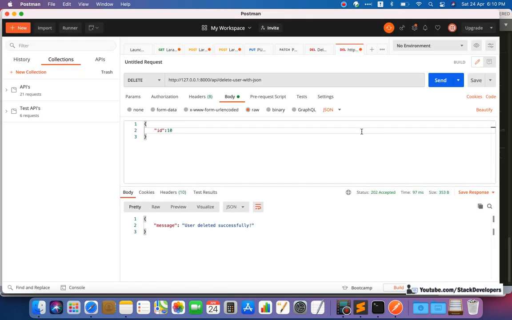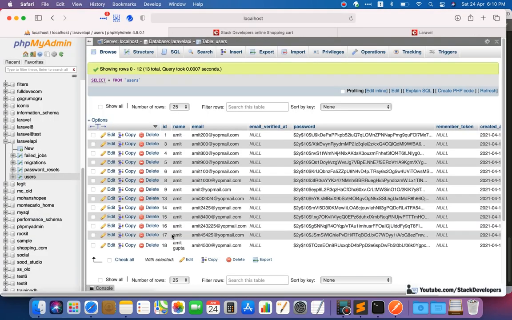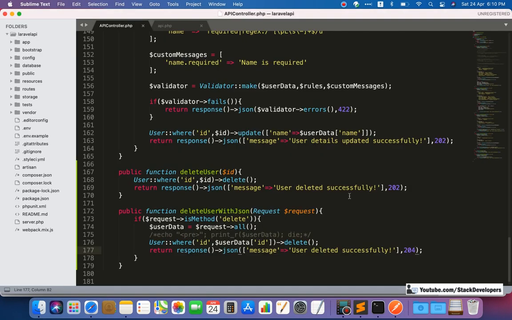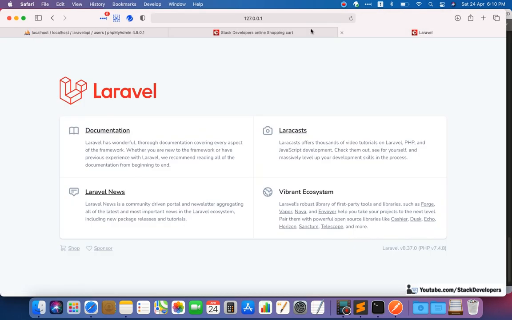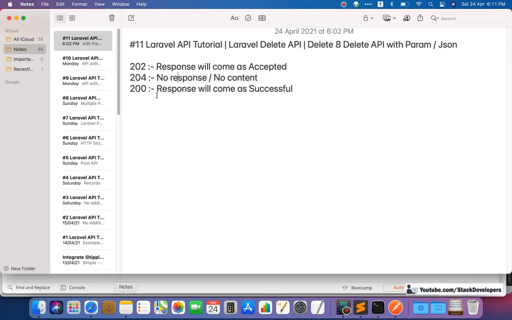The 204 status code will show no content at all. Now I'm going to pass some other ID to delete the user. I'm going to pass the 18th ID. There must be no response as this 204 is having no response.